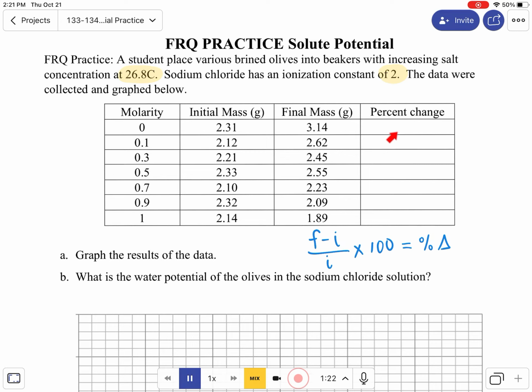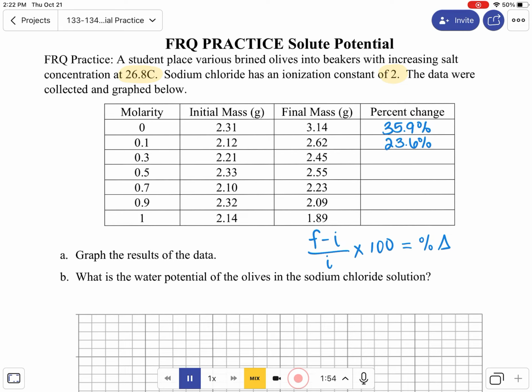So for this first percent change, I'm going to take the final mass, subtract the initial mass, divide it by the initial mass, and multiply it by 100. And when I do that, I get 35.9%. I'm going to do the second thing with the next molarity at 0.1. So I'm going to take the final mass minus the initial mass, divide it by the initial mass, and multiply it by 100. And when I do that, I get